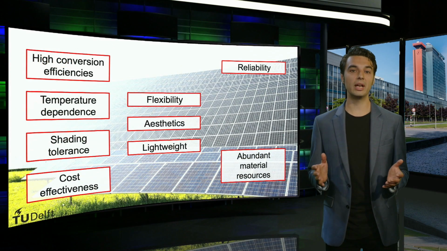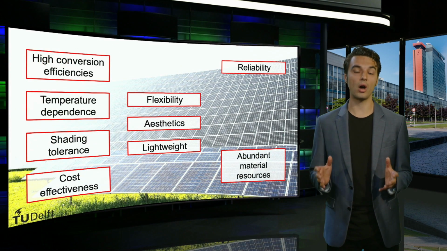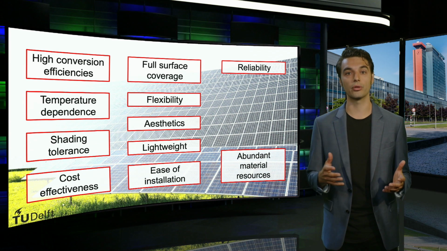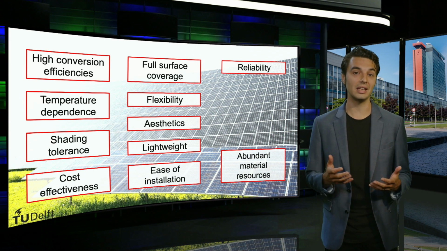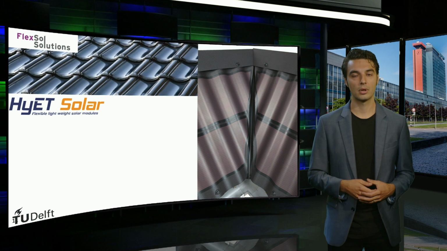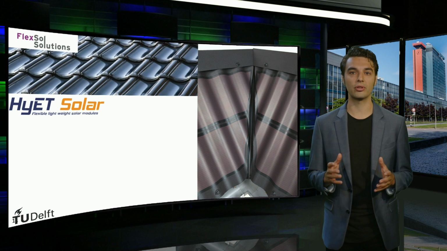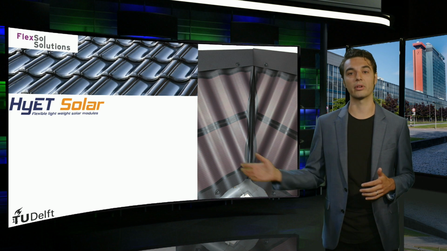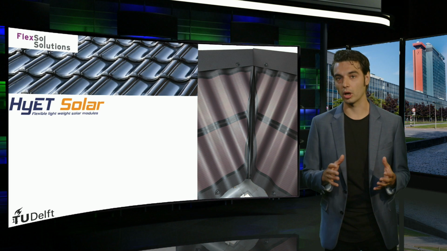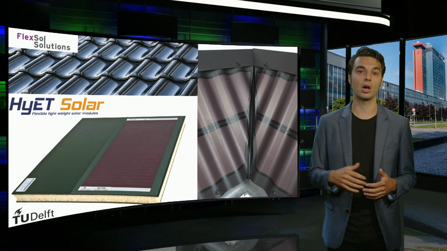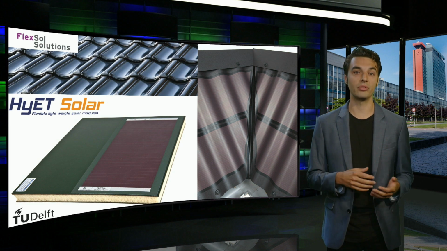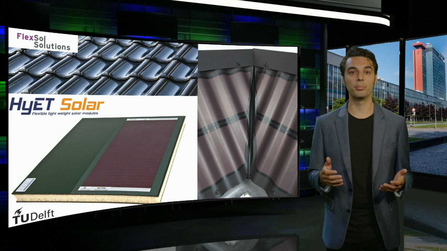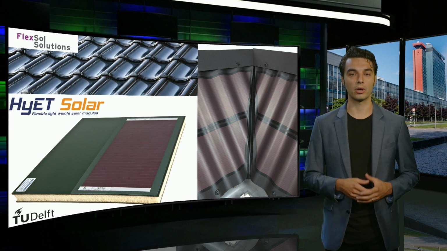The flexible nature of these products can also help with other metrics for PV, such as the ability to fully cover complex surfaces and additionally provide ease of installation. Full surface coverage is demonstrated here in these thin film PV modules integrated in roof tiles and on corrugated roofs. These products, as well as this prefab facade with integrated insulation and PV module, additionally provide ease of installation since multiple build components are integrated into one product.